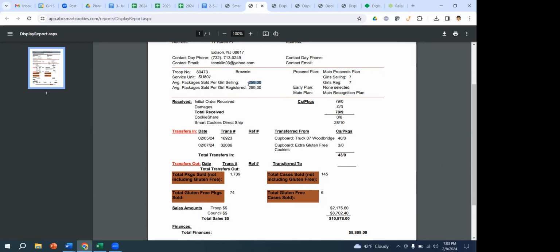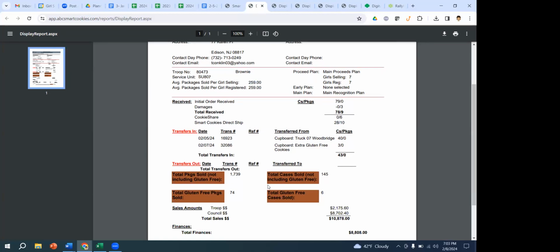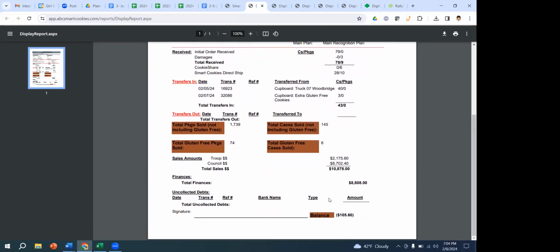It's like a typical average. If you had 1,000 total packages and 10 girls and you gave all the 10 girls equal packages, your PGA would be 100, right? So every time you do changes, you get cookies, give cookies, transfer cookies, this is continuously changing. So that's why we don't do that final ACH until the very end, like 3 weeks after the sale's over, everybody's locked out, all the problems are fixed, everything's calculated. So then your final number is where you'll see all of this stuff.